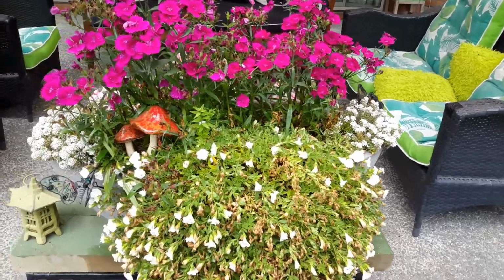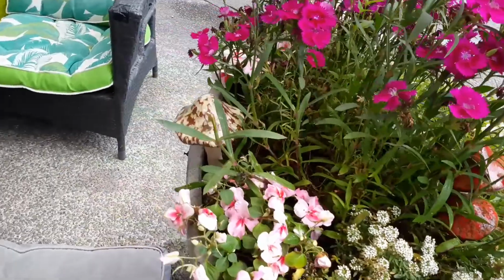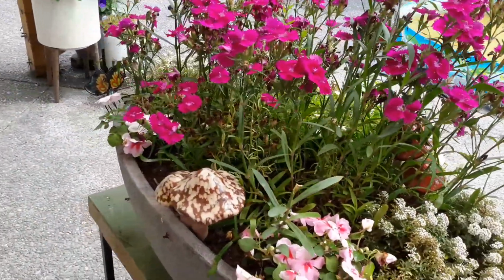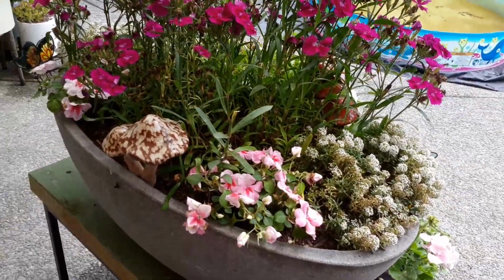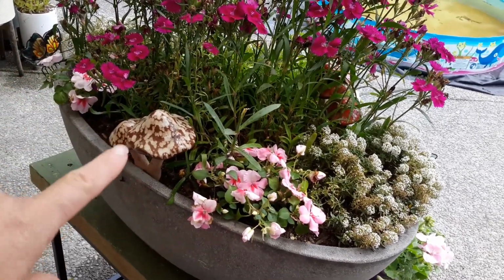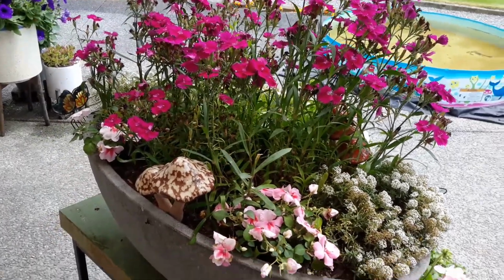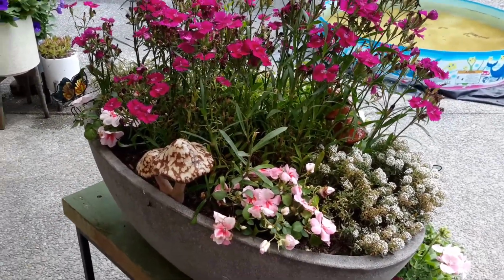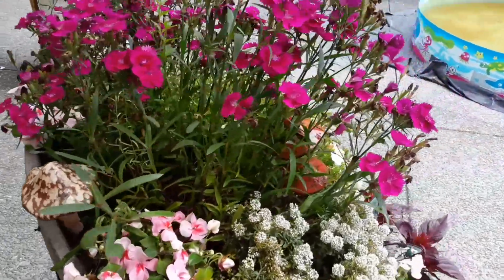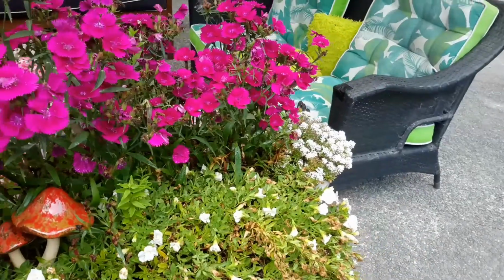diascia, and also I have put a couple of impatiens in the back here. So as soon as I cut this diascia back, I'll take these mushroom things out, and I've got some geraniums and some other bits and pieces that I can put in that one just to keep it going for now. And I will probably do that either today or possibly tonight, because I want to get it planted up before